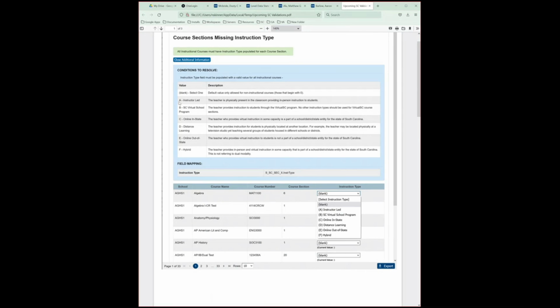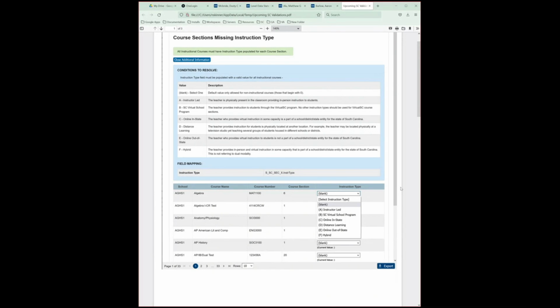You'll see the conditions to resolve spell out the wording that is found in the SCDE documentation as to how to categorize those sections, and the dropdown has all of those corresponding values that are found on the course section setup screen.